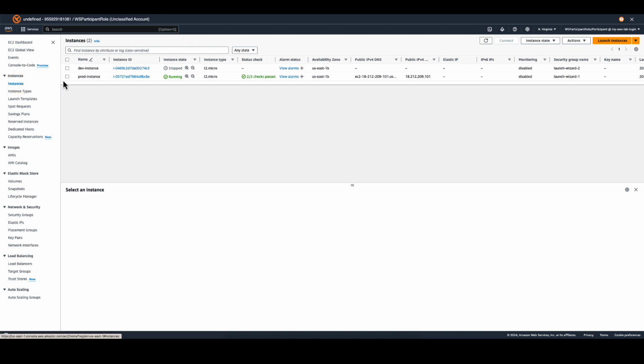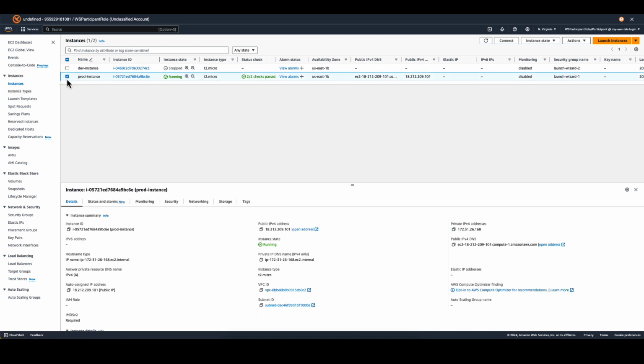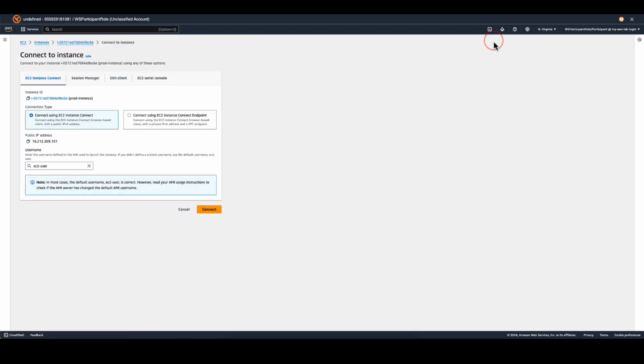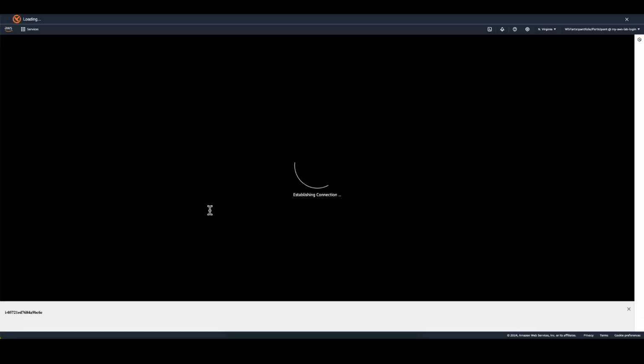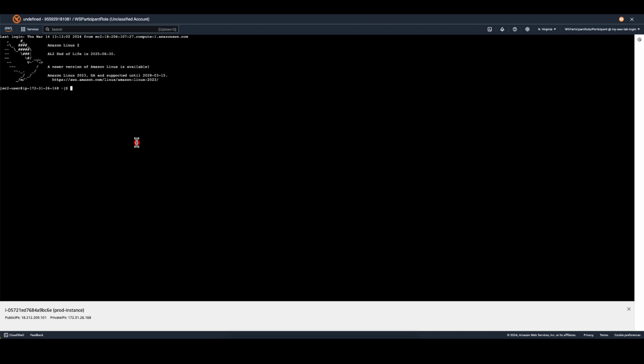And we'll connect to the production instance. So we'll select it and connect to the instance using the EC2 Instance Connect. Once we're connected, we'll try to use the AWS CLI tool to list the S3 buckets that we have. Immediately, we get an error message saying that something is not configured right and it's not working. I'll close this window